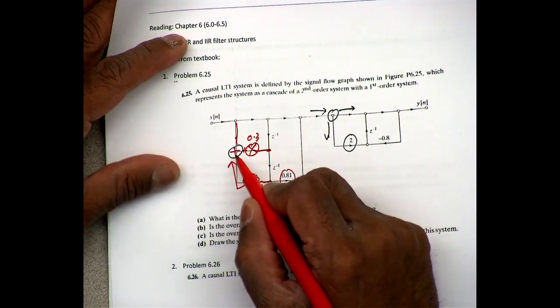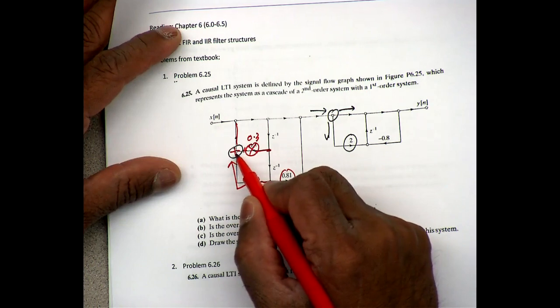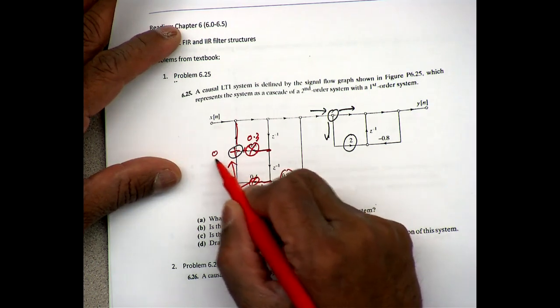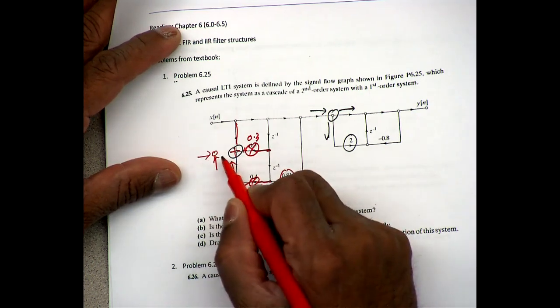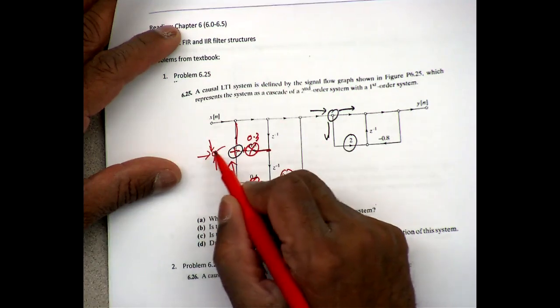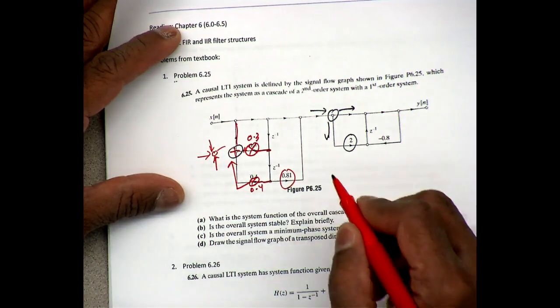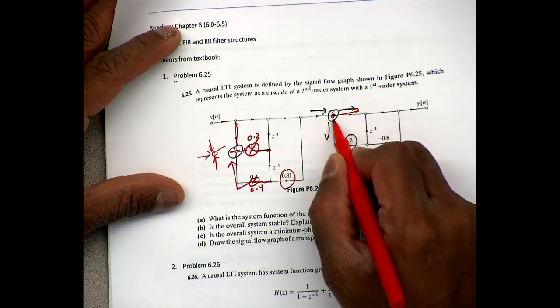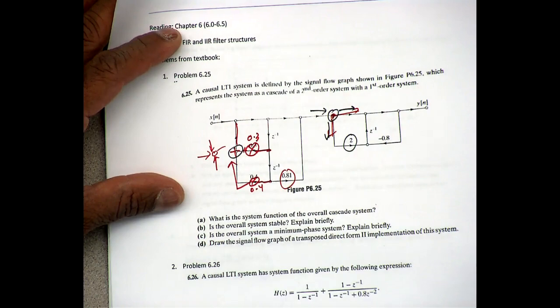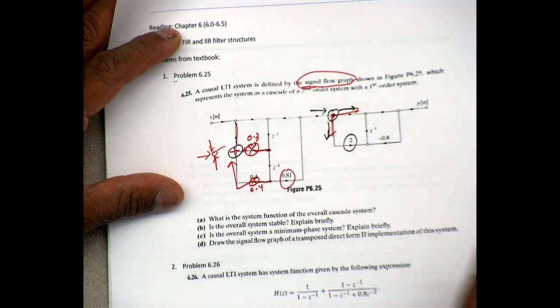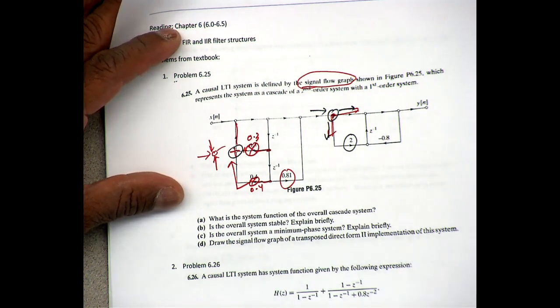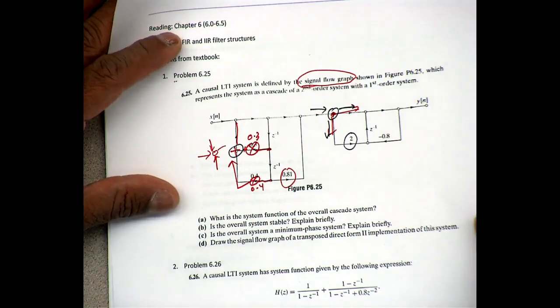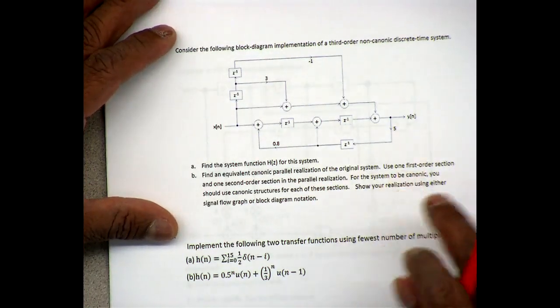Instead of explicitly describing the add node, if a node has a lot of inputs coming in, that's essentially adding all of these. Similarly, if a node has many wires going out, or signals going out, that's a fan out node. So the so-called signal flow graph is a way of describing digital filters. Another way to describe is what we show here.